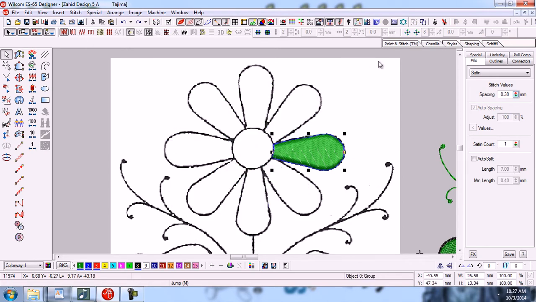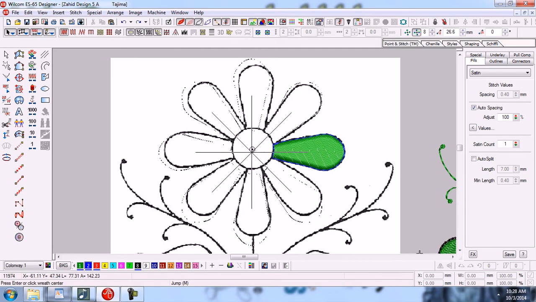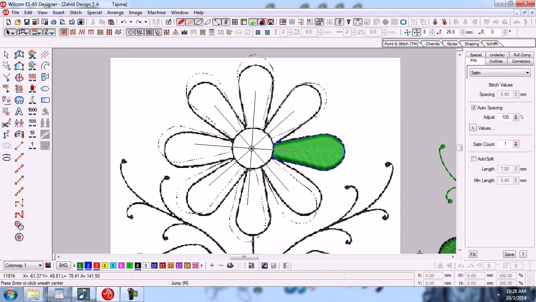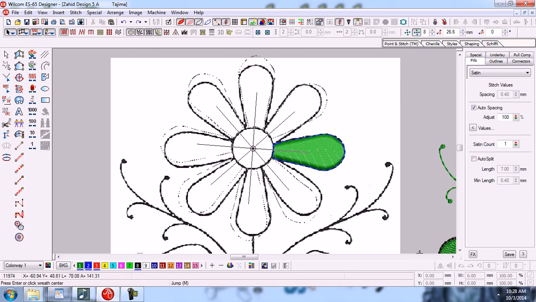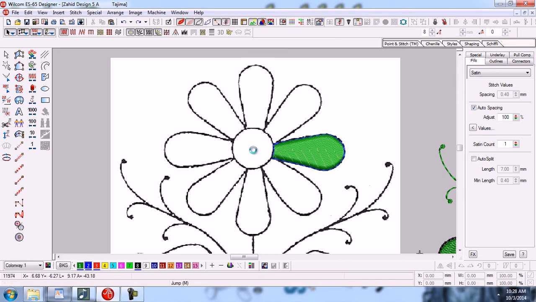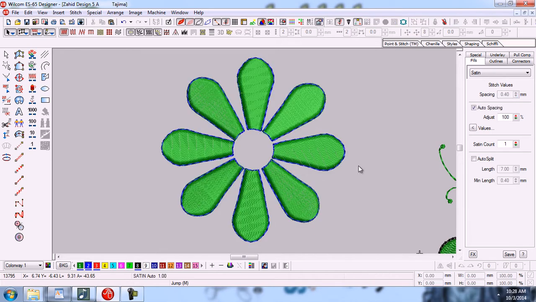Control Z for undo. Click on the wreath object again. So in this way you can make the object completely.